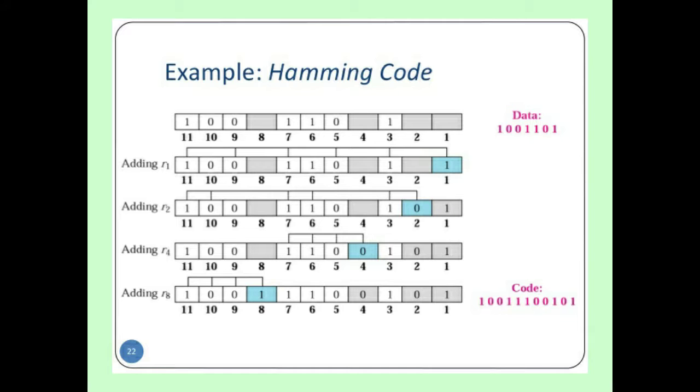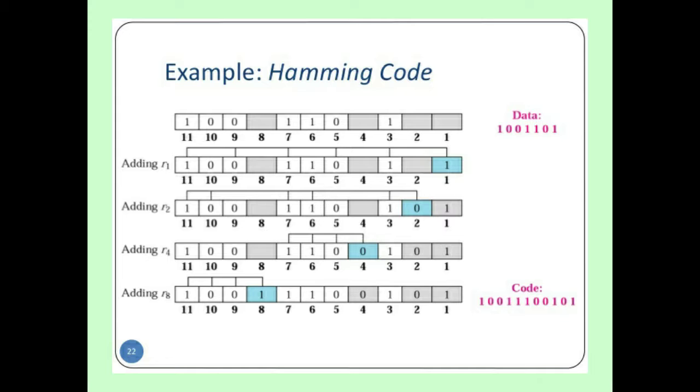Now, for R1, we will use even parity. You have to cross-check how many ones are present at bits 1, 3, 5, 7, 9. 1 is a redundancy bit, so you leave it. For 3, 5, 7, 9, how many ones are there? 3 ones. That means an odd number of ones. So to make it even, you have to add 1, and the bit should be set to 1. See, the bit is set to 1.